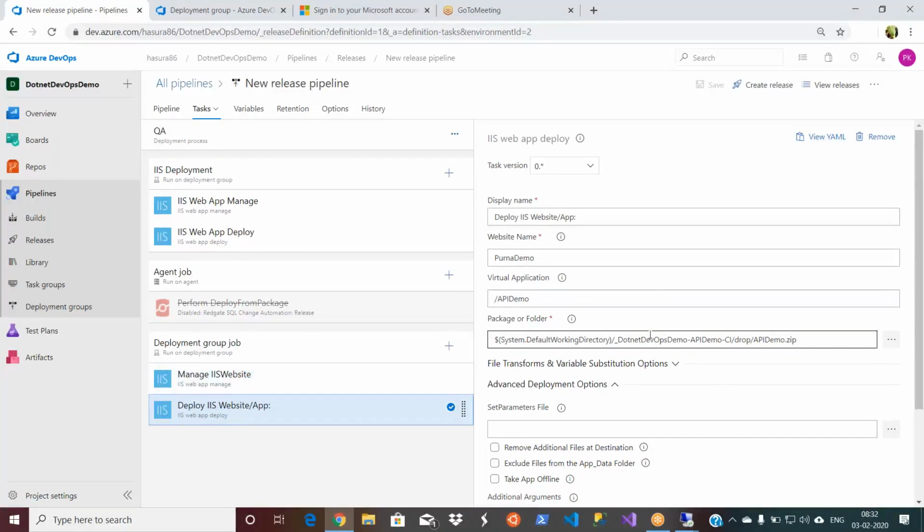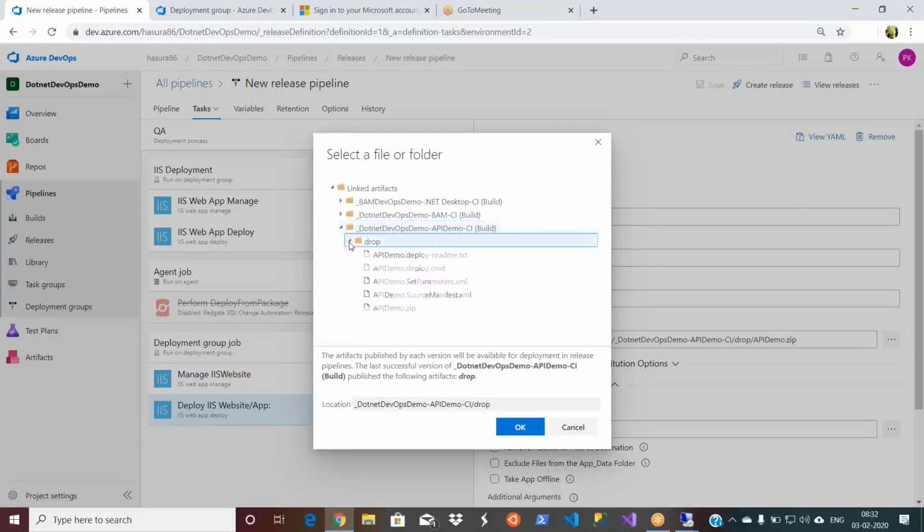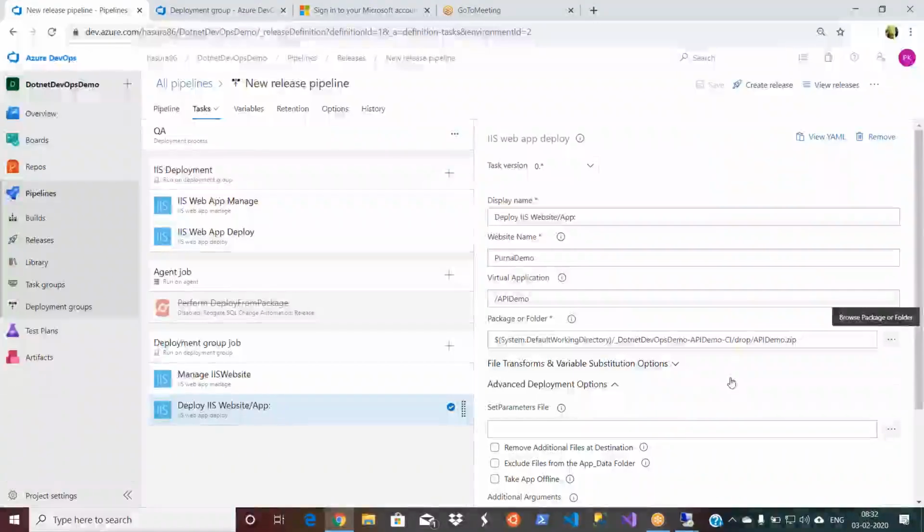So how do you do it? You can go to your package folder and click on this, and you will get all these artifacts here. These are linked to your pipeline. Now I will go and select the API demo zip. That's what I did. That's all I have to do from here.